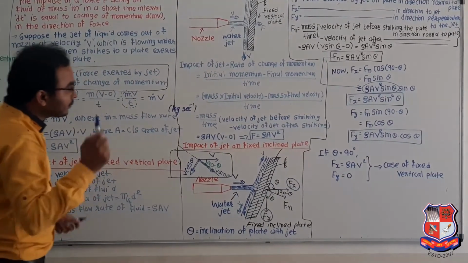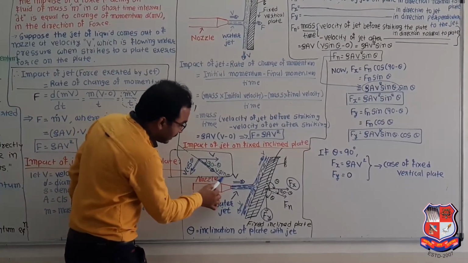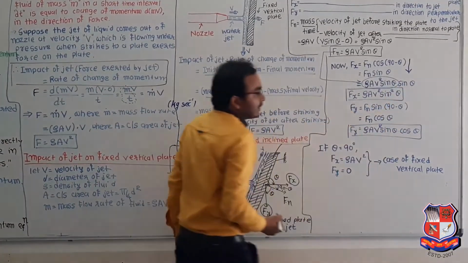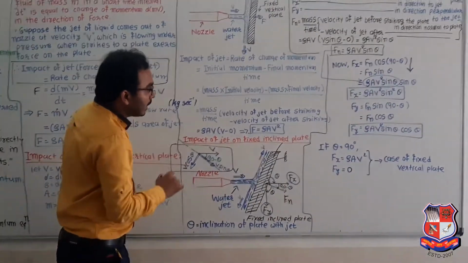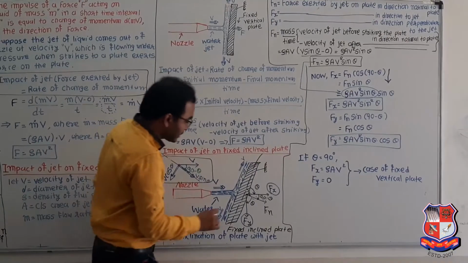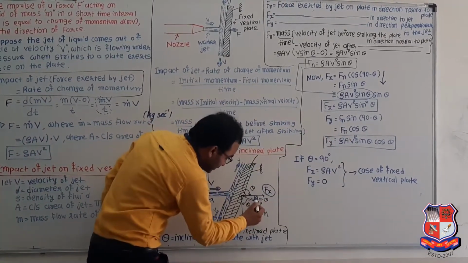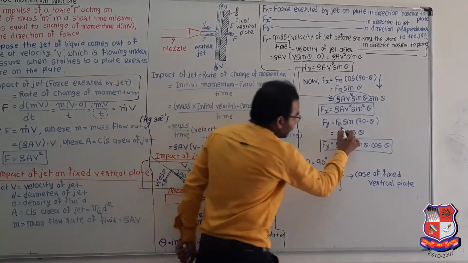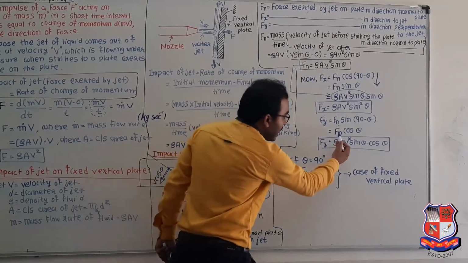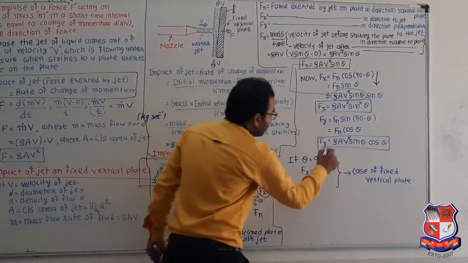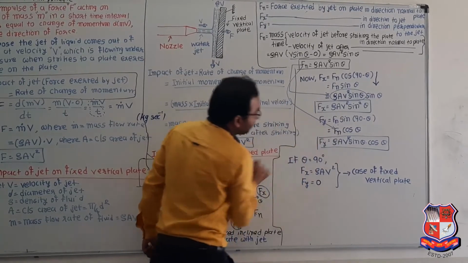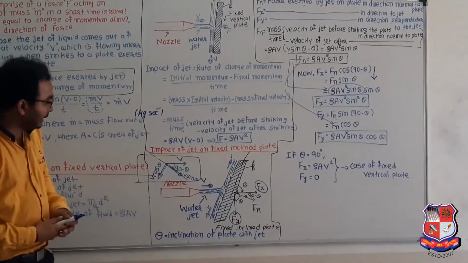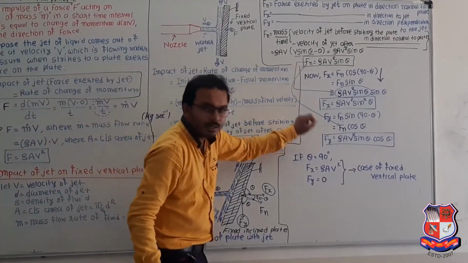Okay. Now if you are confused with this v sin theta, we have arrived to v sin theta with the same logic. We have arrived to Fn sin theta. Okay. Now Fy is Fn into sin theta. If this was cos of 90 minus theta, this will be sin of 90 minus theta. Fn sin of 90 minus theta, which becomes Fn cos theta. So again we are utilizing this value over here. Then it will be rho a v square sin theta into cos theta. So we have calculated in this theory value of Fn, Fx and Fy.